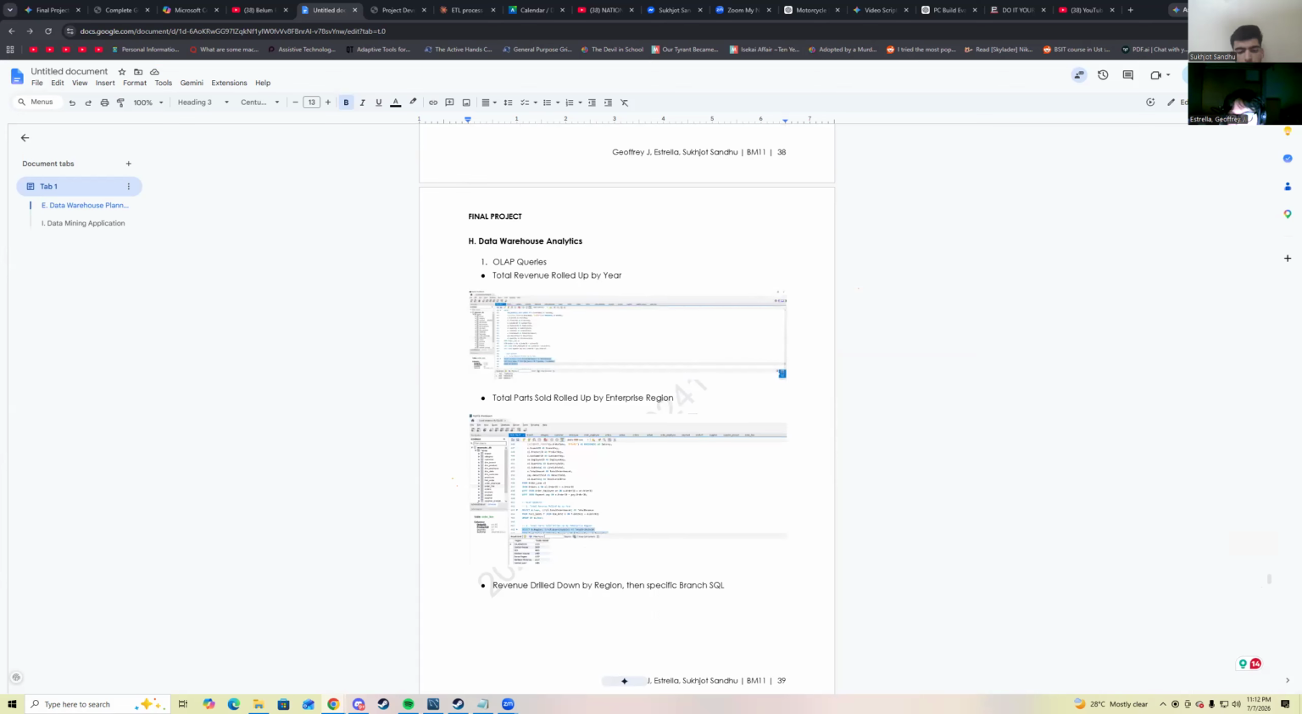And the next part is the data warehouse analytics. For the OLAP queries, we put our newly built star schema to the test by executing 15 advanced OLAP operations directly against the data warehouse. Instead of basic queries, we use multi-dimensional analysis to answer complex